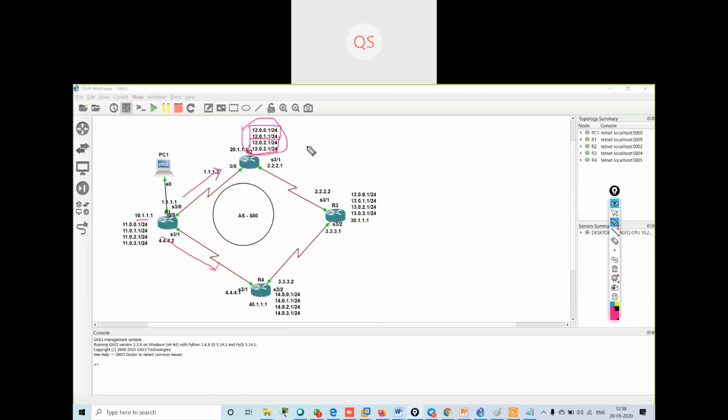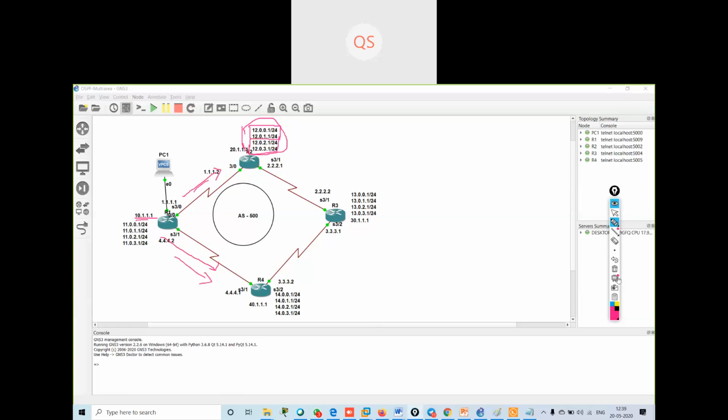If you want, we can see the practical for this. We will keep the previous configuration. If any LAN user wants to reach these first two networks, it will use this path, and the other two networks will use the other path.